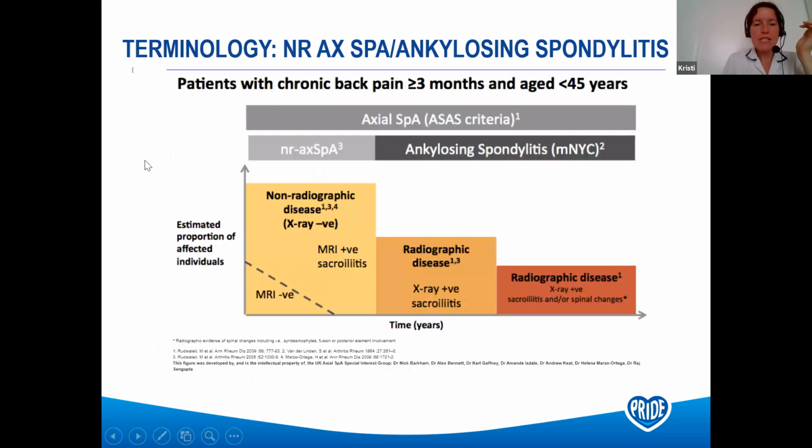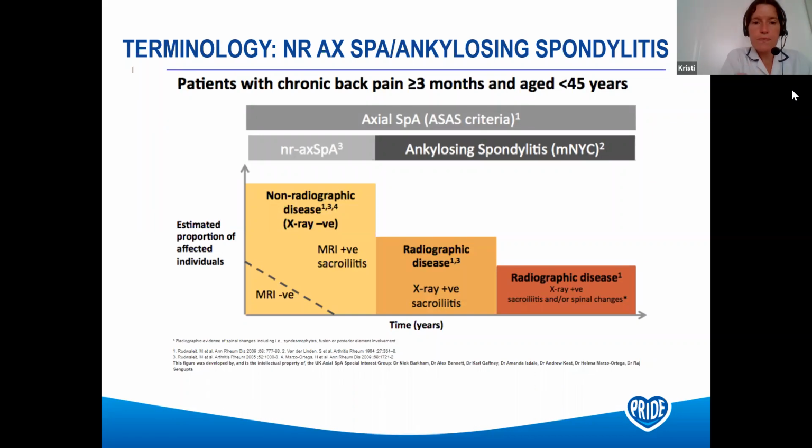So back to terminology, bear with me, I'm just going to pop back up. So back to terminology, these patients generally are presenting within kind of the rule of 3. So we've got 30% or so of patients with axial SpA that present with non-radiographic. So this is where it's showing either on MRI or not quite yet clear enough on MRI, and you're getting